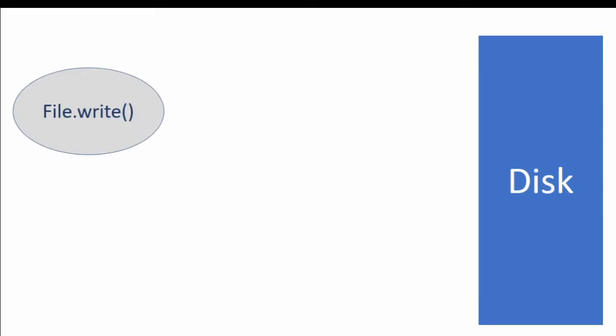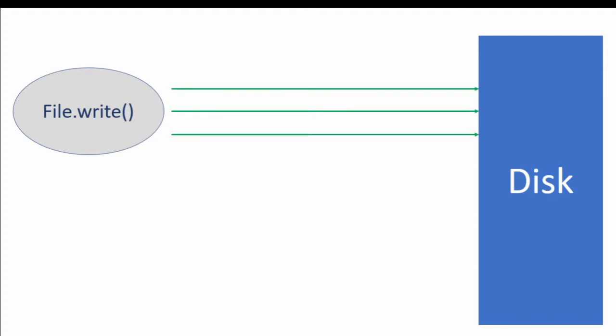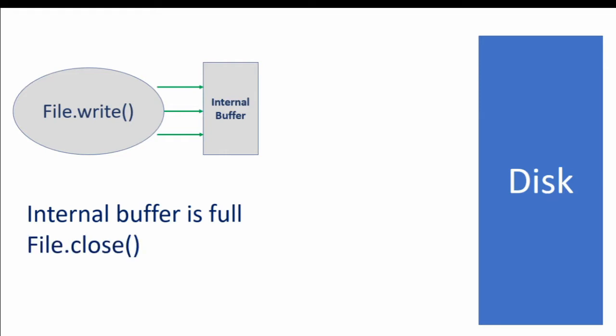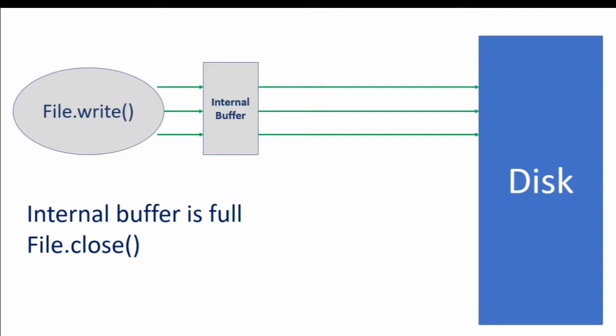Well, we have seen in one of the previous videos how to write to text files in Python using the open and write methods. But the process of writing to the disk is slow, and to speed it up a little bit, instead of calling the system on each write operation, a buffer is used, and the data is kept in the buffer as a chunk of information. Once this buffer is getting full, or once the file is closed, then the data is flushed automatically from